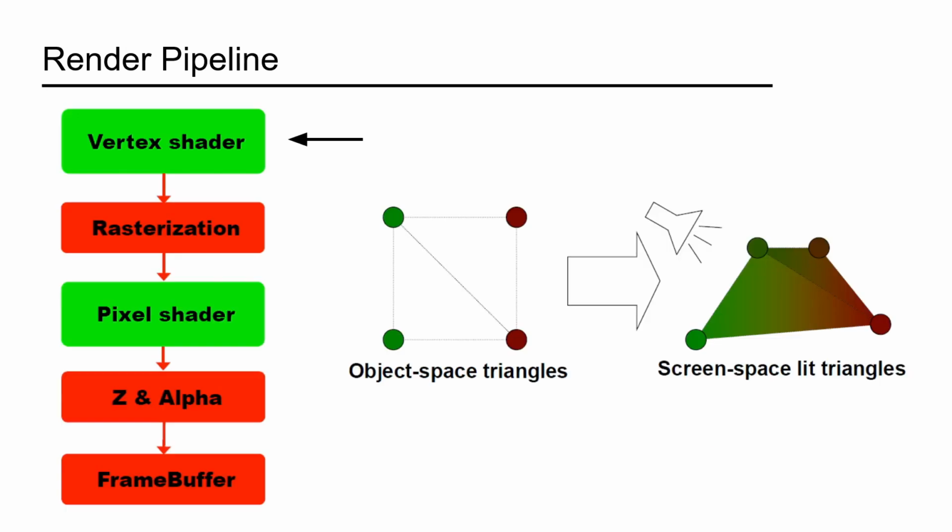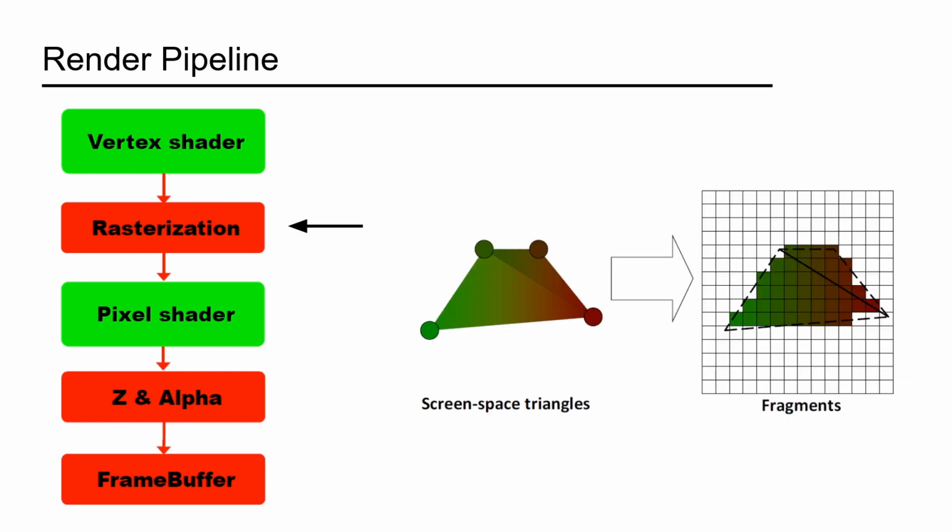The first step in the pipeline is the vertex shader. This takes the vertices, which are in the world coordinates of the scene, and converts them into local coordinates of the camera. Then the color of each vertex is calculated depending on the number of light sources in the scene and their locations. The rasterization phase takes the vertices and triangles and converts them into fragments, which are essentially pixels